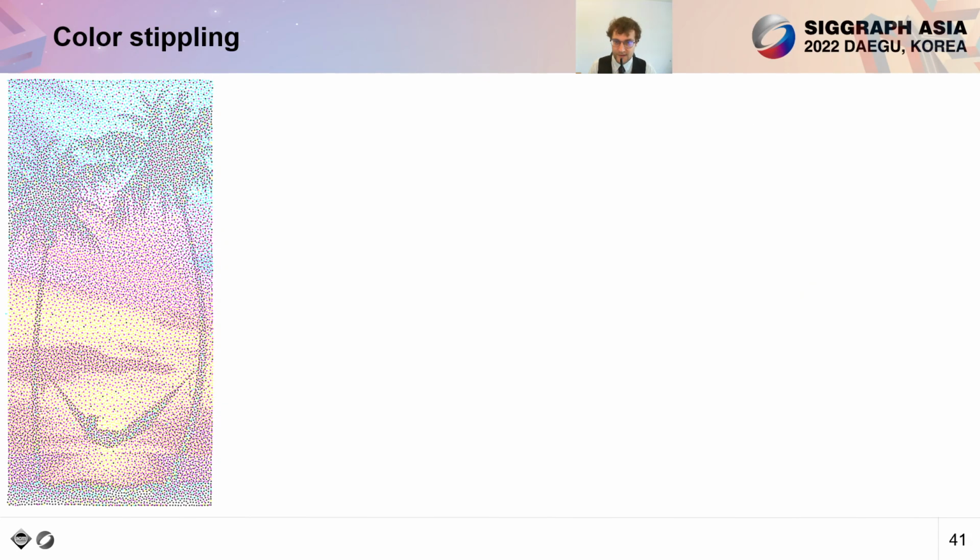Let's look at a more complex problem now, the stippling. The idea is to represent an image using only color dots of few colors. Here, we choose cyan, magenta, yellow, and black points. This problem can be seen as multi-class, as we want to distribute the points of different colors following their color distribution in the image. For example, here the